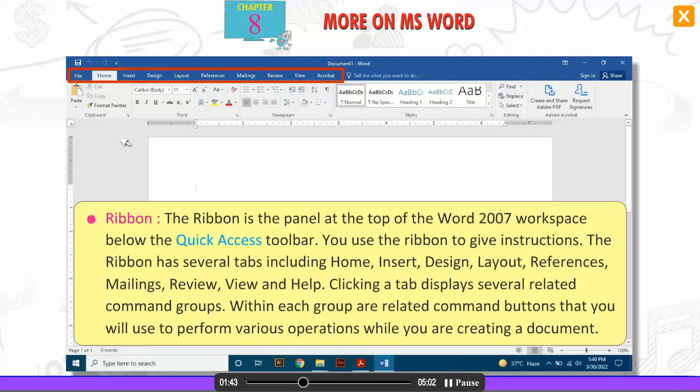The ribbon has several tabs including Home, Insert, Design, Layout, References, Mailings, Review, View and Help. Clicking a tab displays several related command groups. Within each group are related command buttons that you will use to perform various operations while you are creating a